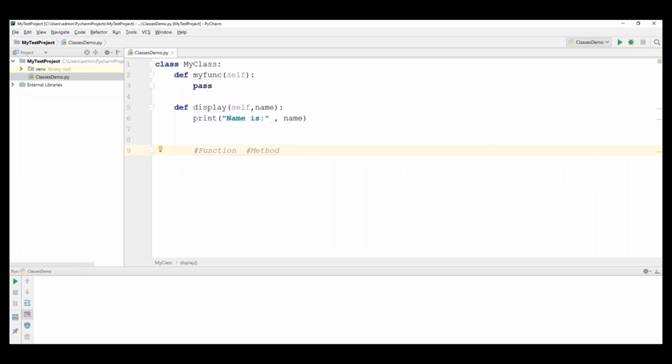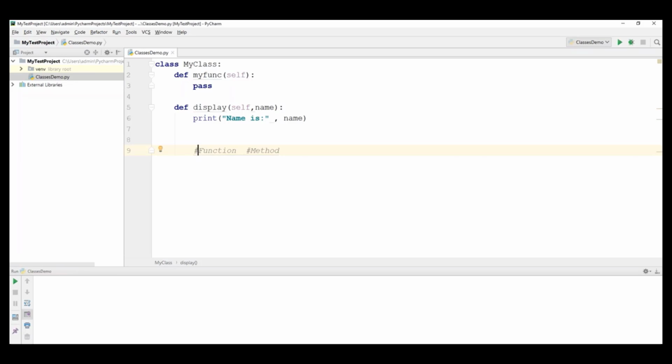For example, if you go for C language and C++ language, there we have functions, because there we don't support classes. Especially for C language, we don't support any classes, right? So there we will create some function and we can call that function any number of times. A function is nothing but a piece of code which we can reuse, or whenever we need it we can just make a call and get the job done. That is a function, purely a function.